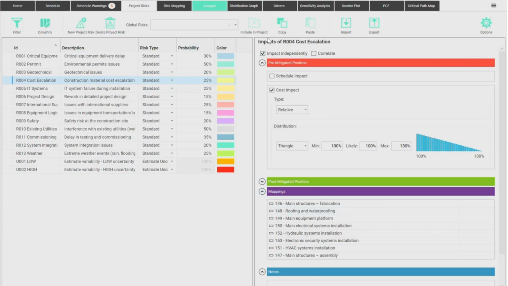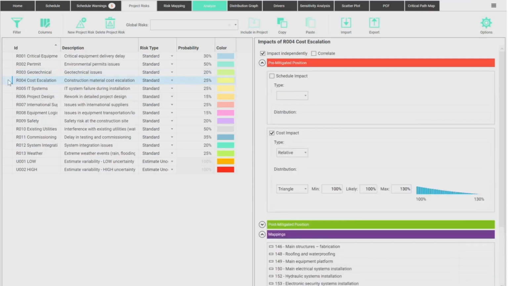Now, if I flag here independently, this single line here, risk number 4, it is actually representing 1, 2, 3, 4, 5, 6, 8 risks. One line on my matrix representing 8 different risks that may occur or not independently. Maybe all of them simultaneously, very unlikely, but it could, right? But it's 8 things, versus if I tell the software to apply it as a single risk factor that affects many things simultaneously. Now it's a single risk affecting them all. Of course, this has a major impact on the results we see at the end, okay?